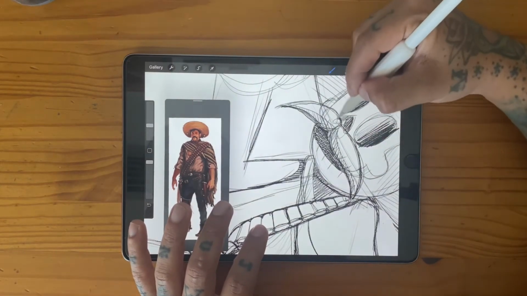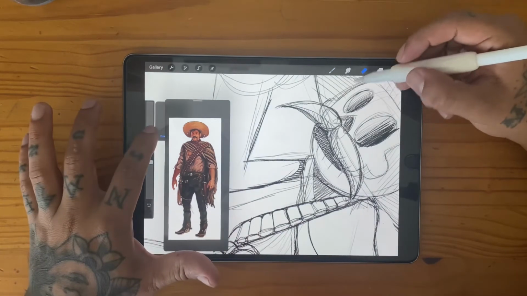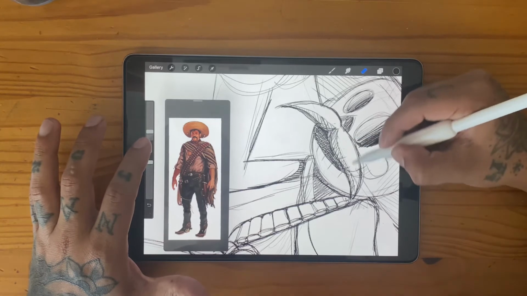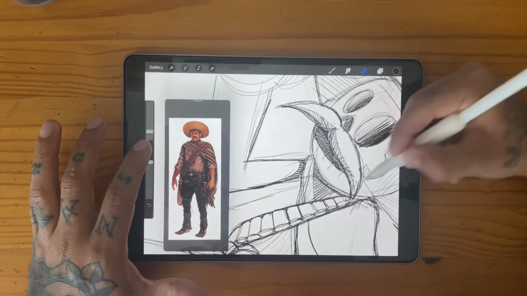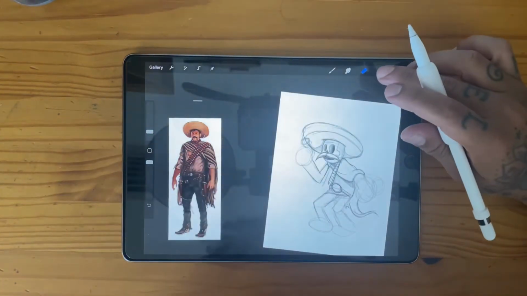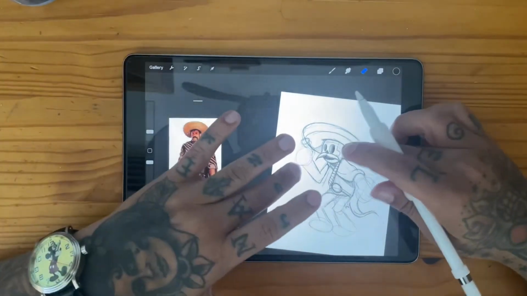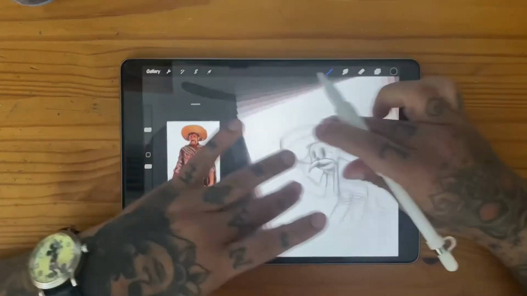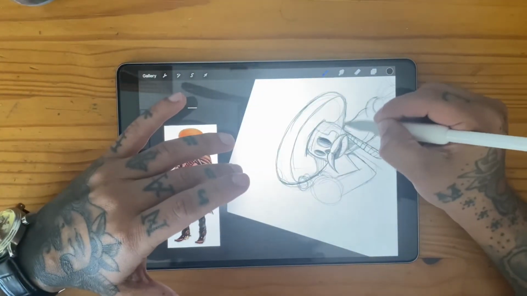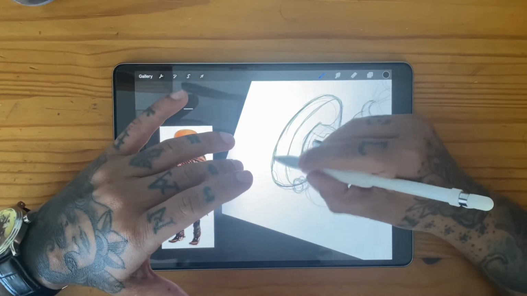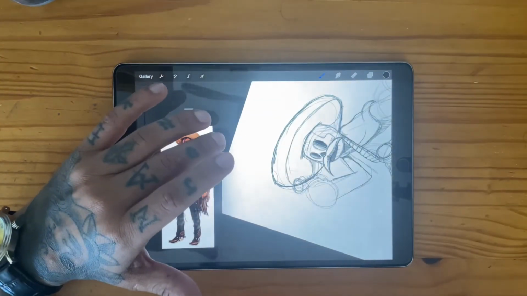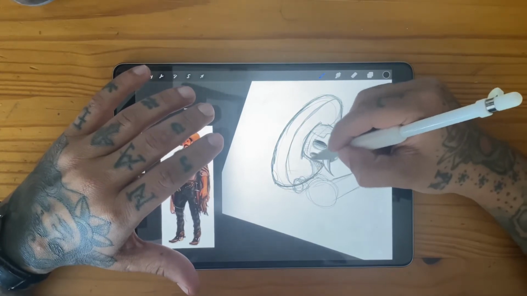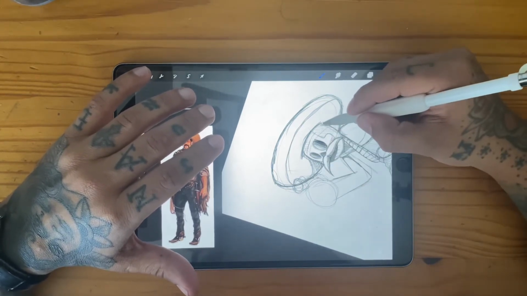Let's bring out that mustache. Go in there with the eraser a little bit. You know, and this is the amazing part about technology, I guess. We used to do this by hand, and now tools like Procreate have made life a lot easier. I personally use Procreate for my daily illustrations. It's pretty much my main source of